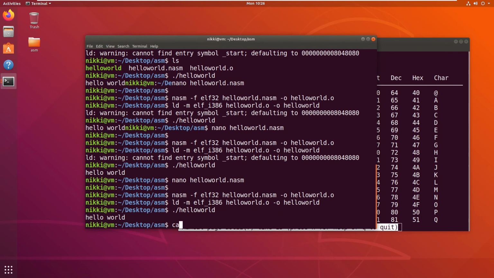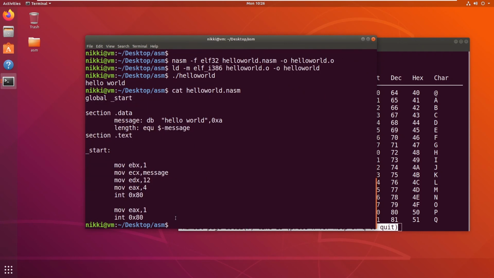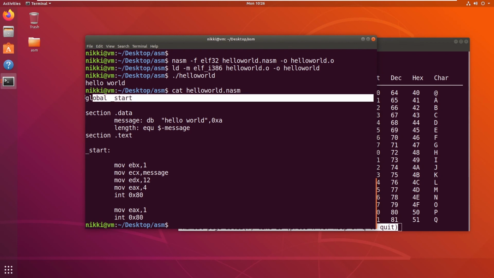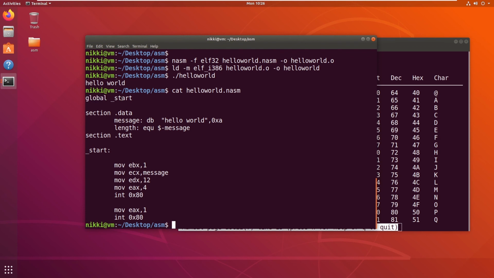Now I will explain again to clarify any of your remaining doubts. Now first we need to declare the main function global so that the CPU can easily access that function, and the next section is the data section. This contains the variables, and we are declaring the variable with define byte which says to store this value as single bytes, followed by the actual value hello world and followed by the new line, that is line feed.